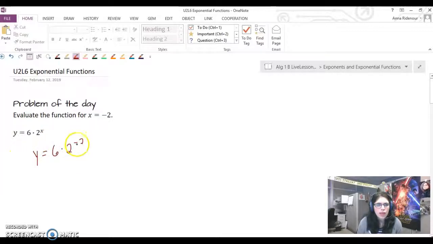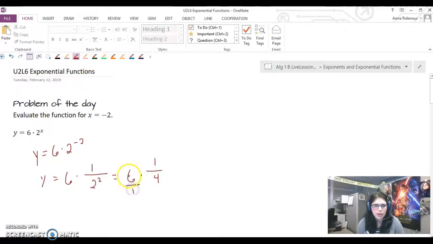So I know that a -2nd power means that this is going to be equal to 6 times 1 over 2 raised to the 2nd power, because if I have a negative exponent, I can make it positive by making it 1 over the base to the positive exponent. So when I simplify this, this is equal to 6 times 1 over 4,